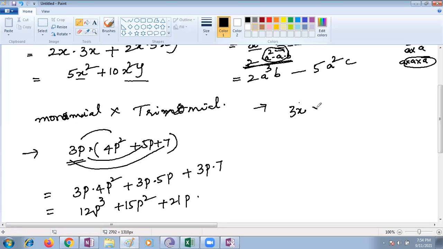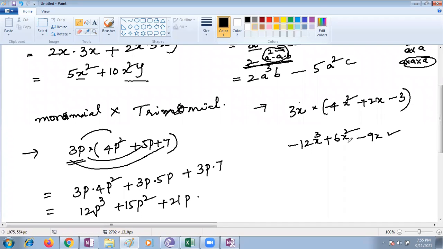Three x into minus 4x square plus 2x minus 3. Yes, ma'am. Minus 12x cube, very good, plus 6x square, right, minus 9x. Very good, very good. You have absolutely taken it and given the correct answer. Right. Next question goes to